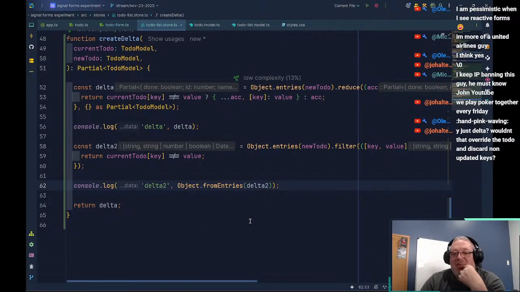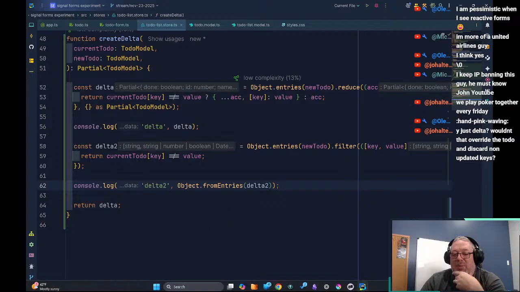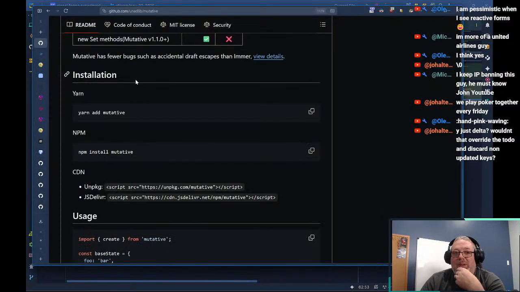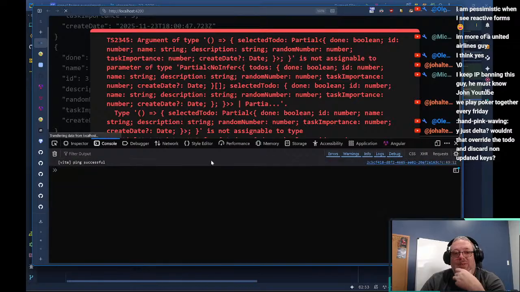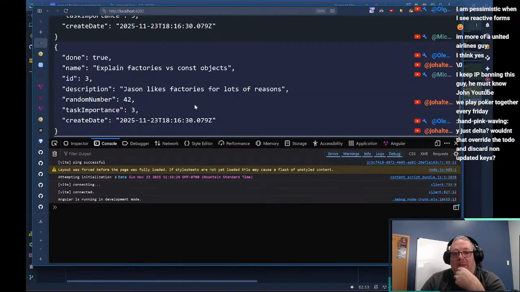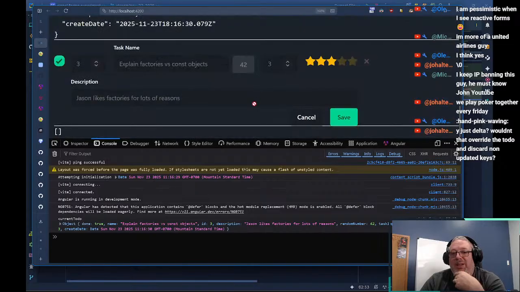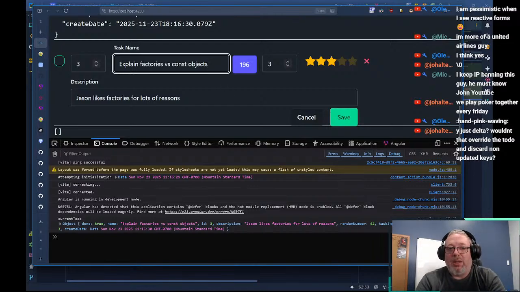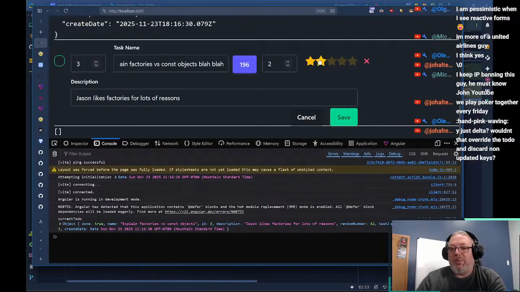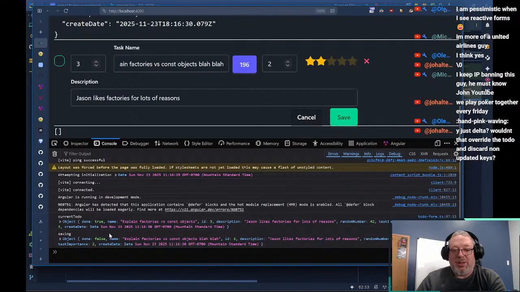But let's compare. There are always multiple ways to go about doing things. Let's move mutative down here. And let's refresh this. Boom. So again, we'll go ahead and edit this one. We'll mark it not done. We'll do blah, blah here, and we'll change that. And when we save it,